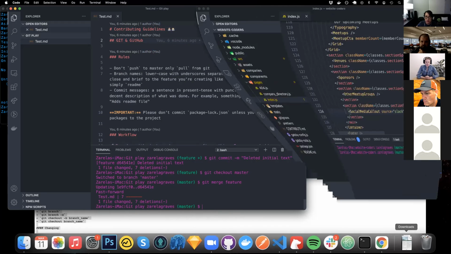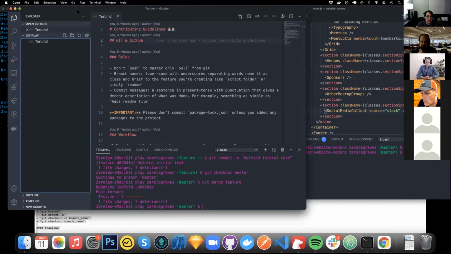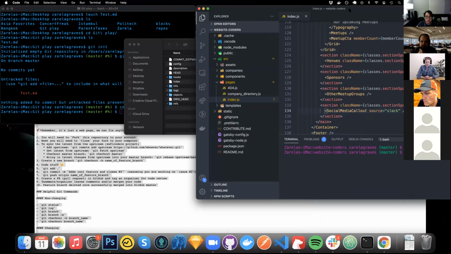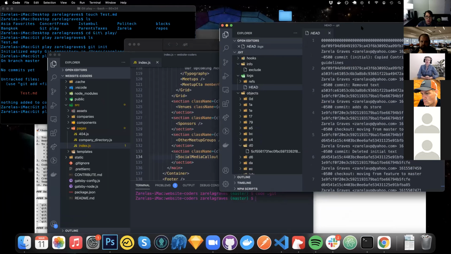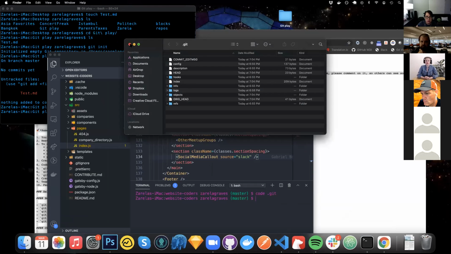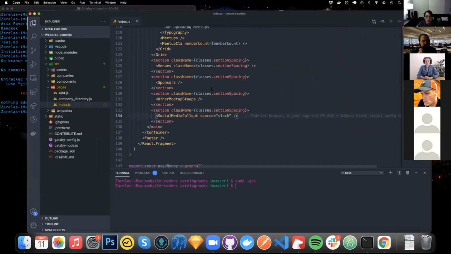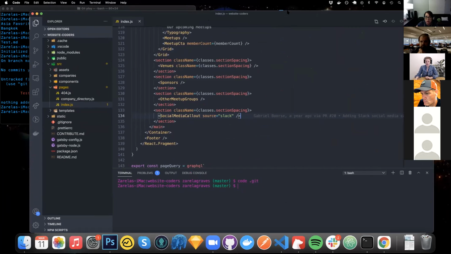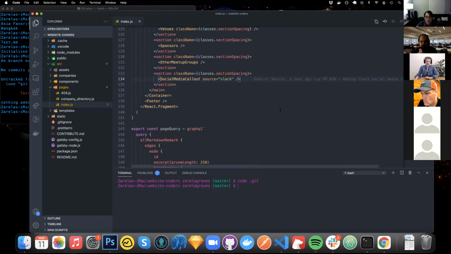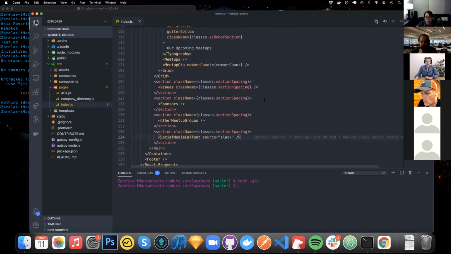I wanted to show you something very cool that I like, one of the tools that I use. Let me make this bigger. Let's get rid of these. Okay, there's a tool that I like to use called GitLens. It's an extension for VS Code, but I know WebStorm has it too, I think. Basically it's an extension so you can see all the changes that happened and who made them on